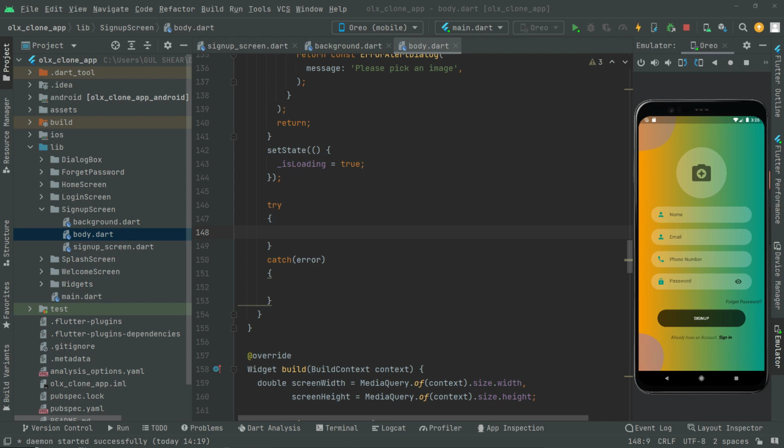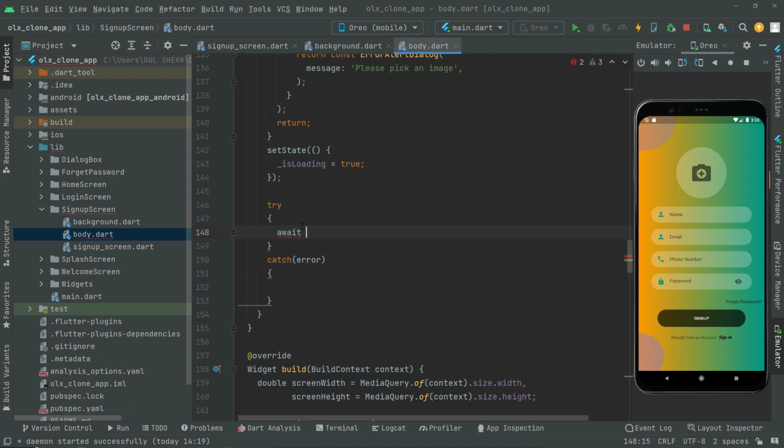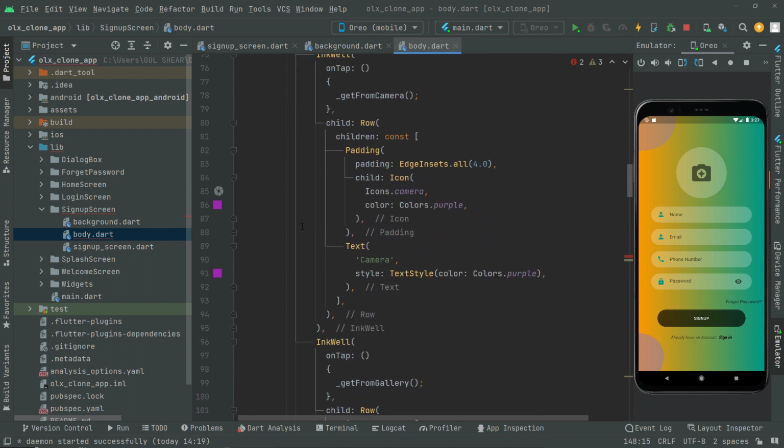Welcome back, and let's start working on the try. First, in here you will say await, and we're gonna simply first create the instance toward the Firebase authentication right above. So below